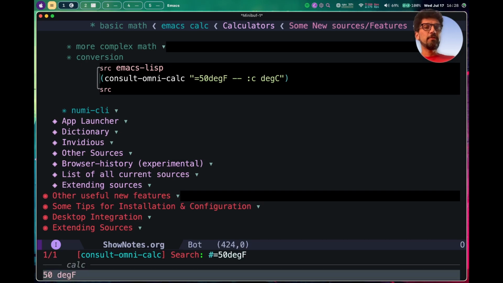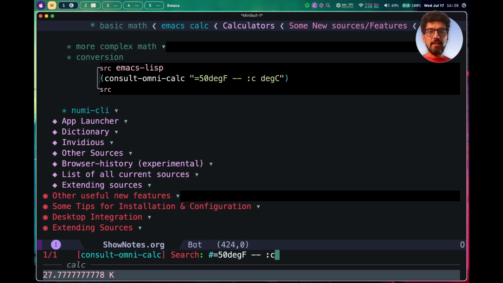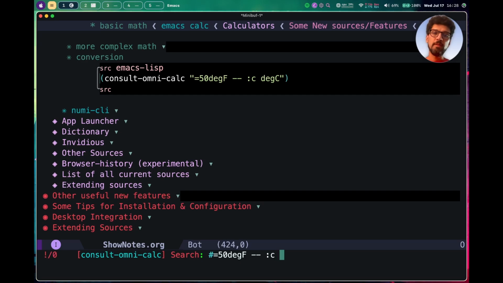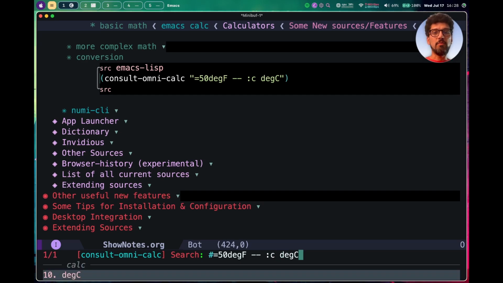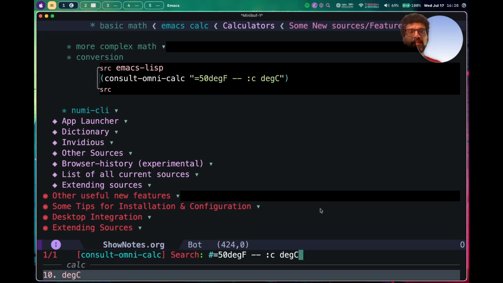degree F for degree Fahrenheit. So that's 50 degree Fahrenheit. And to convert, we have to use a syntax that I defined as this, where I pass a variable colon C, and then I say what unit I want to convert to, and now I get 10 degrees C. This is, of course, one way of doing it. Maybe you can also use other things like GPTL to do